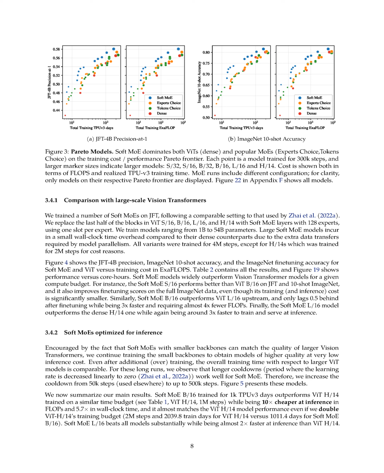Section Summary. In this section, the authors conducted long training runs to test the capabilities of Soft MoE models at larger computational scales. They trained ViT and Soft MoE models of different sizes for millions of steps and found that Soft MoE models outperformed vision transformer models for a given compute budget, even though they were faster and required fewer FLOPs. This demonstrates the effectiveness and efficiency of Soft MoE models in comparison to traditional dense models.